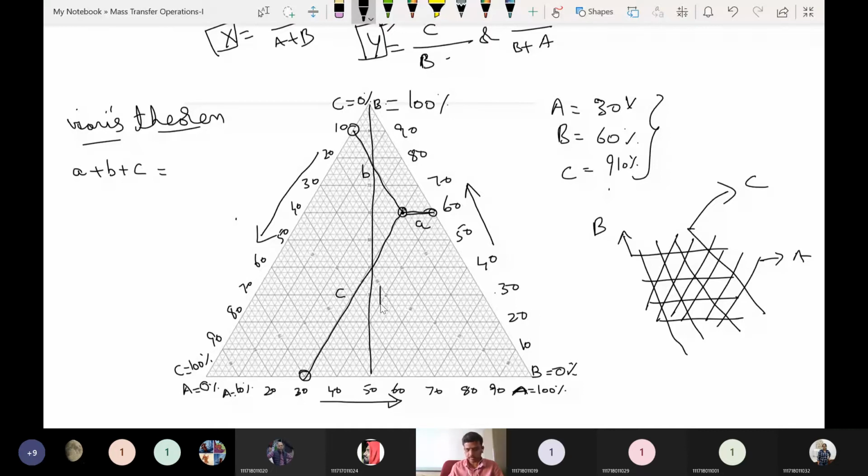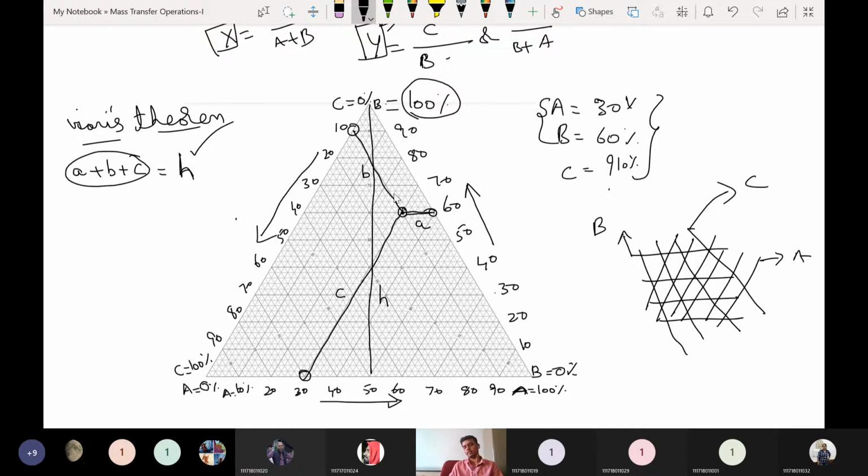So we are indicating this with some h, the height of the triangle. If you add all the three lengths of the coordinates, then you will get the height of the triangle only. Because when the two compositions are known, 30 plus 60, obviously the third component needs to fall on the maximum, which is 100%. So maximum minus whatever the composition, 60 plus 30, gives 10% only. So Viviani's theorem is saying this one only.